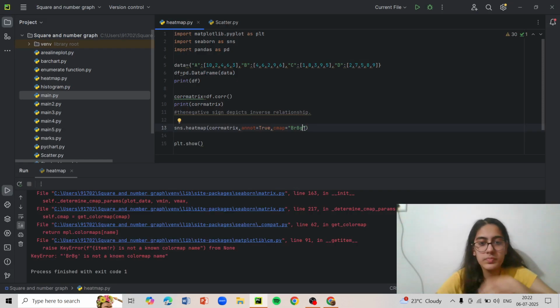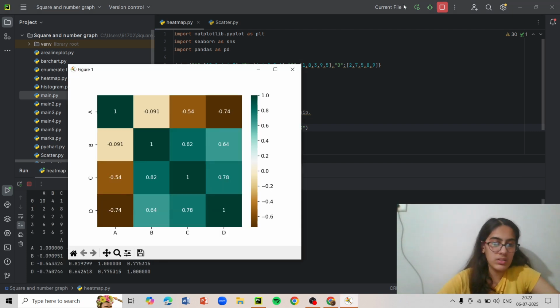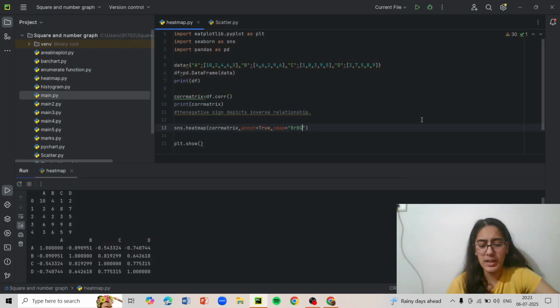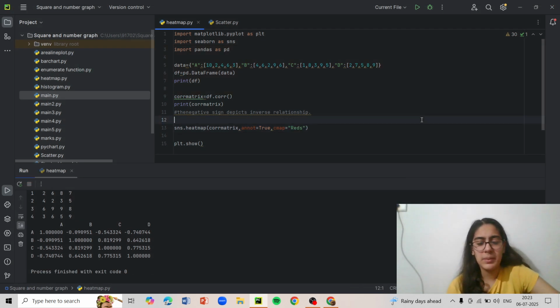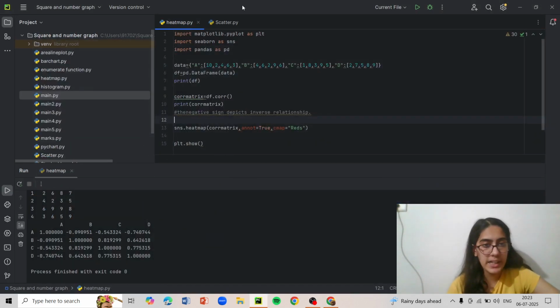There we go. So as you can see, as it goes nearer to 0, it gets lighter and then darker again. This is the cmap. I'll just go back to reds maybe. Yep, reds is good. Now this was all about these colors and all about heat maps.